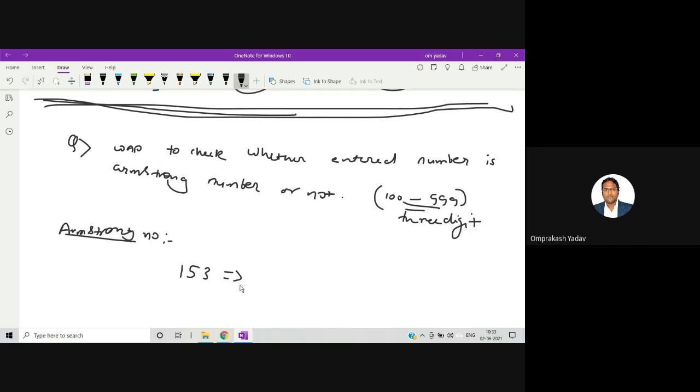So for example, if I separate it out and I cube each and every digit, so for example 1 cube, 5 cube, 3 cube equal to, so this will be 1, this will be 125, sorry, and this will be 27.